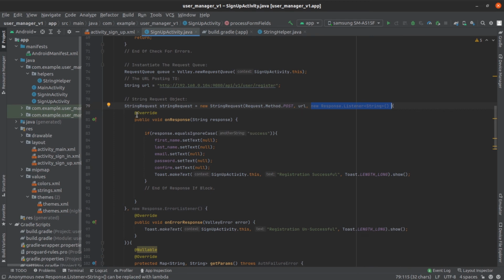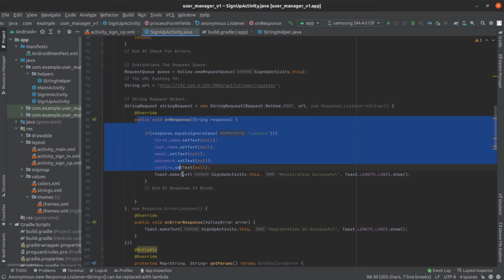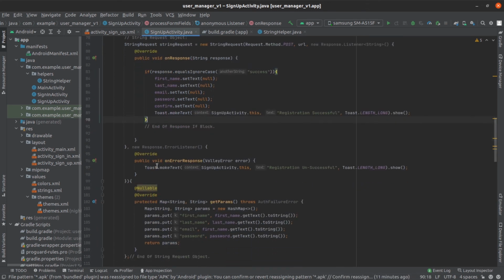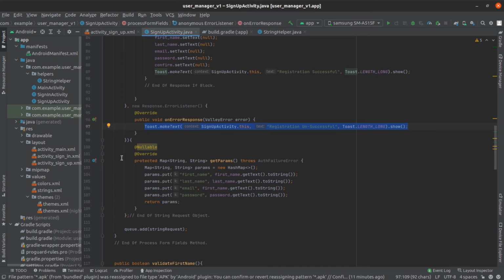And then within that request listener object, there's a method in here which is on response. So if we do get a success message from our Spring Boot backend, these are the actions that are going to take place, and then the text is going to be set to null, and then here we're going to display a toast message to say registration successful. Otherwise we will get this message over here that says registration unsuccessful, and then